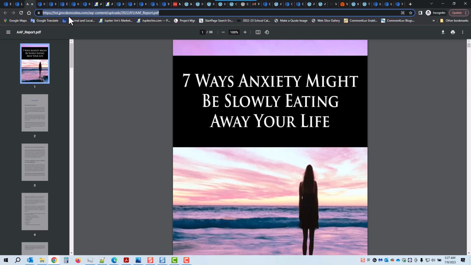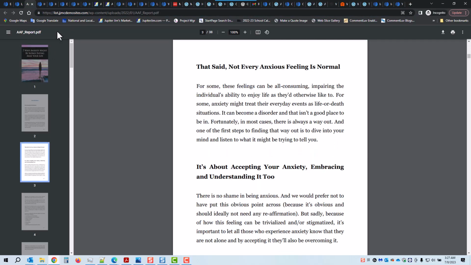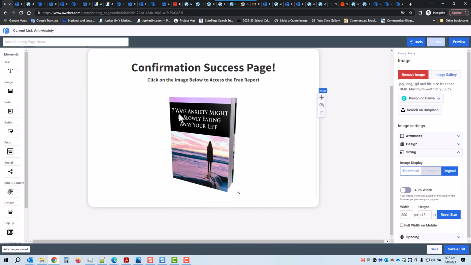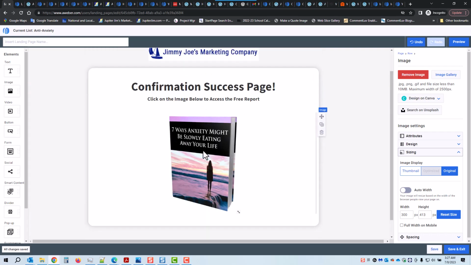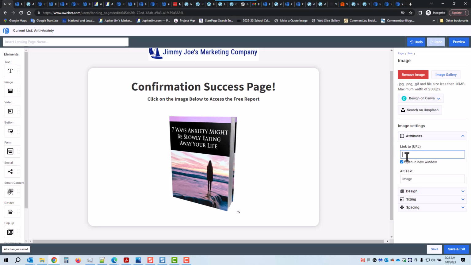This is the link to the free report, Control C. So you can see this is the free report, right? We want to link to it. Click here and we want to link to it. So I'm going to click there on the image, and this is the image, so we know we're in the right place. Let's go to attributes and link to that